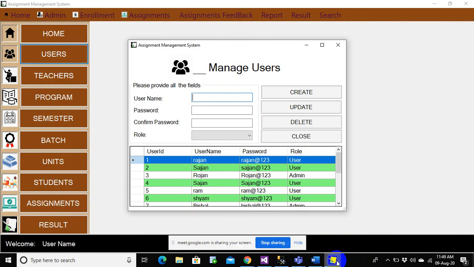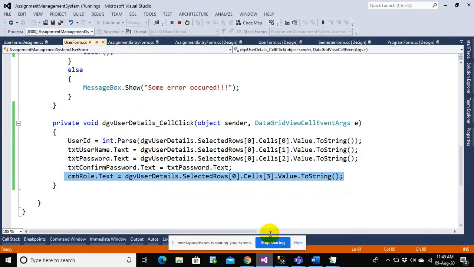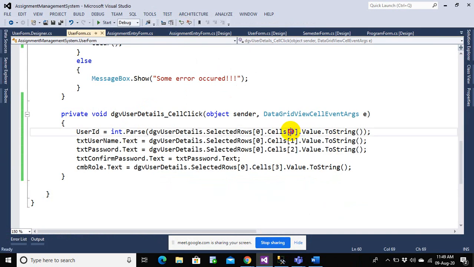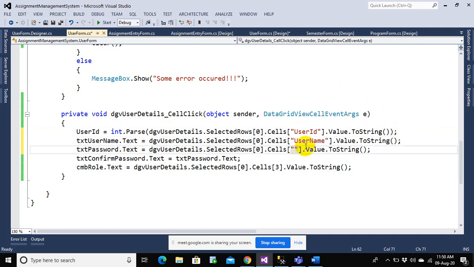If there is a mismanipulation of this column, then this system will fail. That's why what you do in this case is, now instead of writing the 0, 1, 2 and 3, we can just make some modifications, and then instead of the 0 we can specify the column that you want to point out. For example, I can make user ID. So even if the column position changes, that does not affect the output that you get. That is a username, password, and this is row.